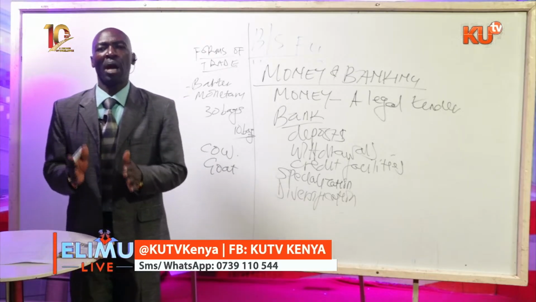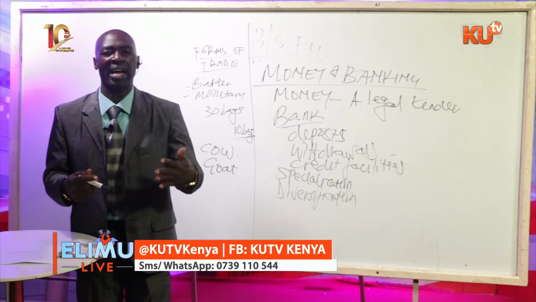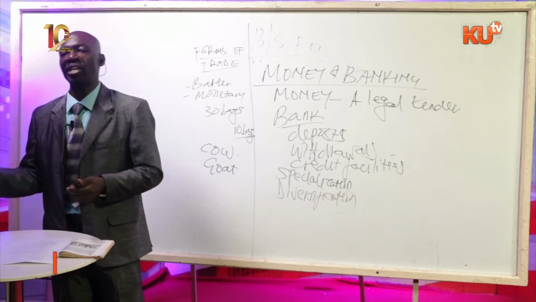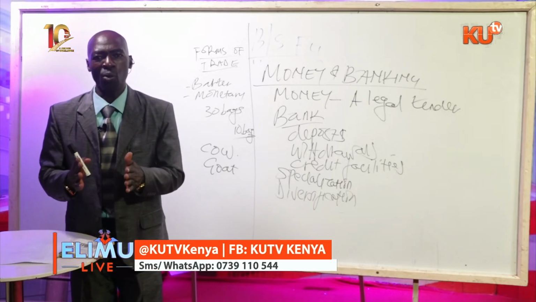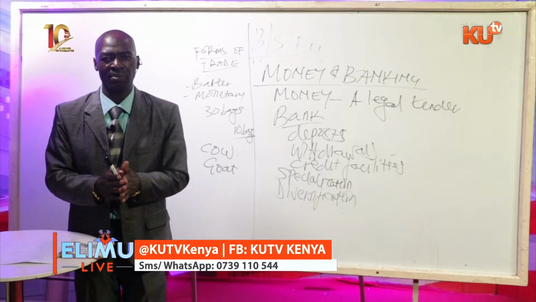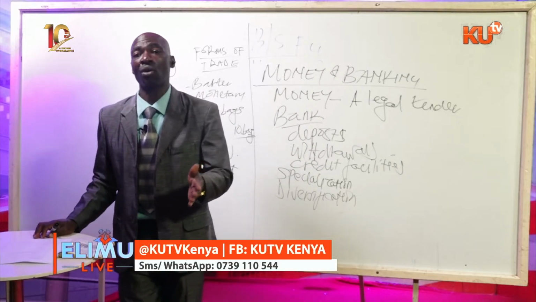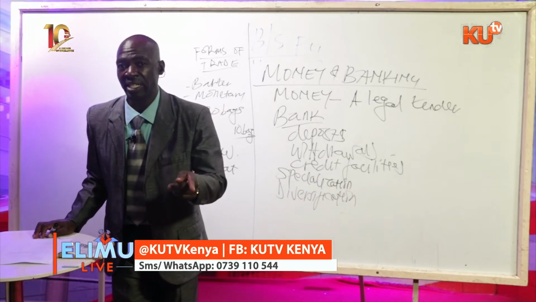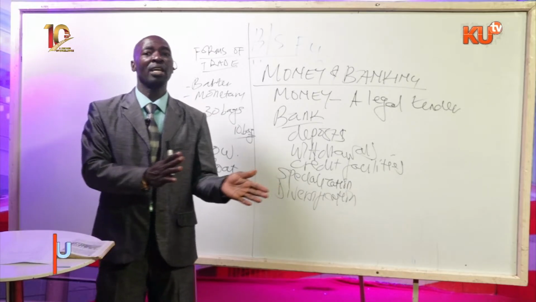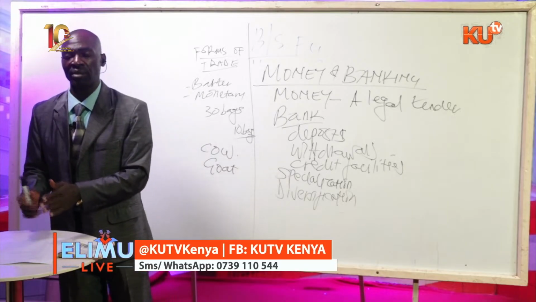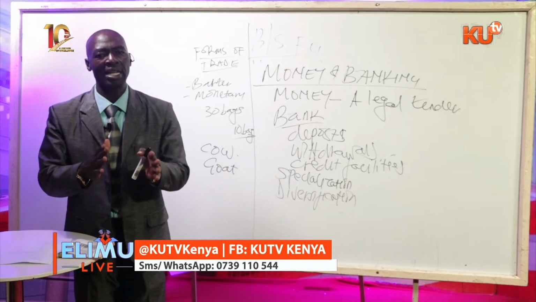For example, currently the price of a sack of beans is higher compared to the price of a sack of maize, both 90 kilograms. Right now we look at monetary valuation. A sack of beans costs 12,000 shillings, while a sack of maize of the same measure of 90 kgs costs 6,000. So you see 12,000 vis-a-vis 6,000. In those days, barter trade lacked a standard measure of value.